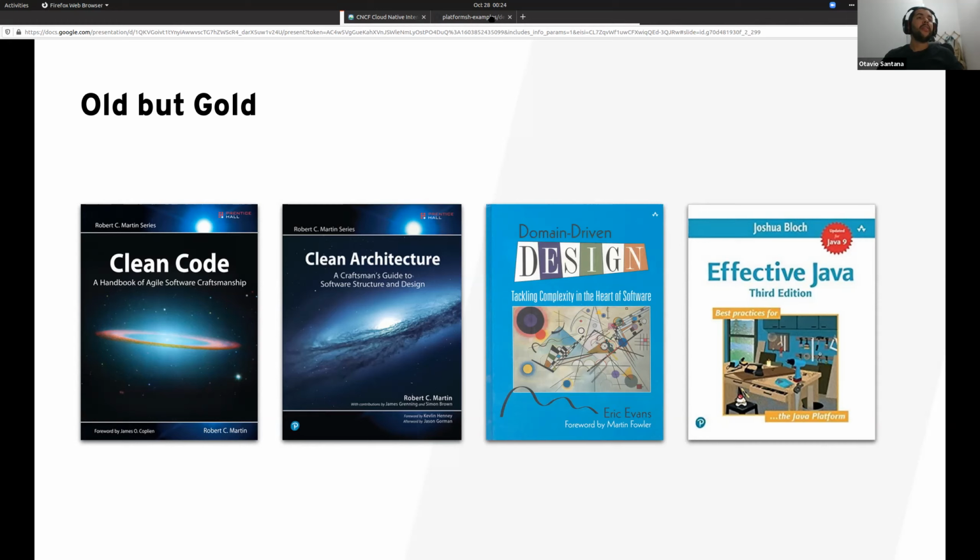The third one is DDD, domain driven design. It's more about ubiquitous language, where you put your code closer to the business itself. For example, given I have an e-commerce application, probably I need to have entities such as user, products, items, and so on.